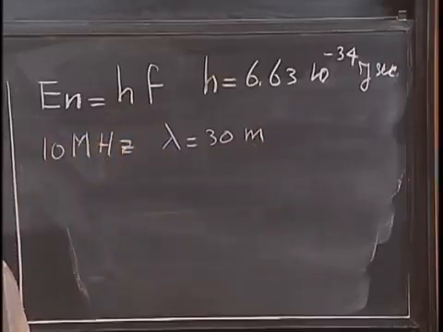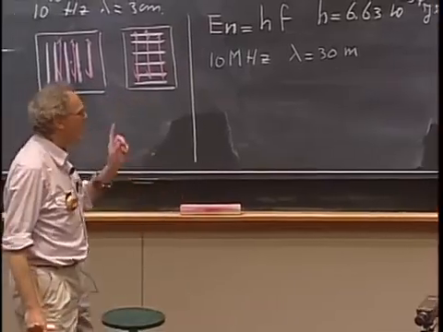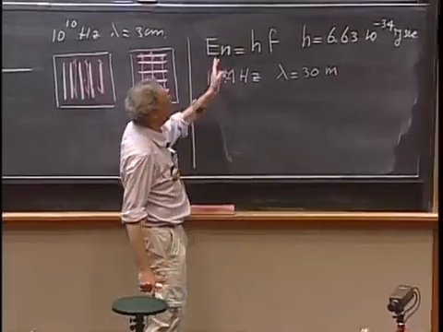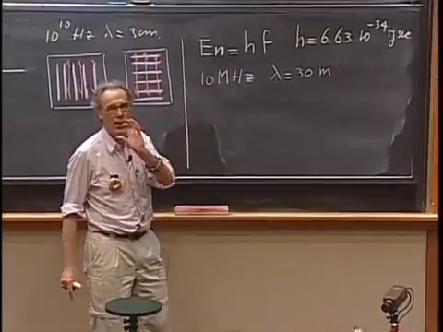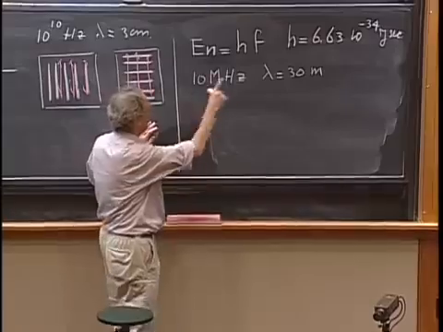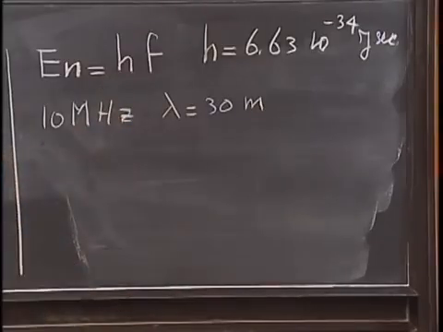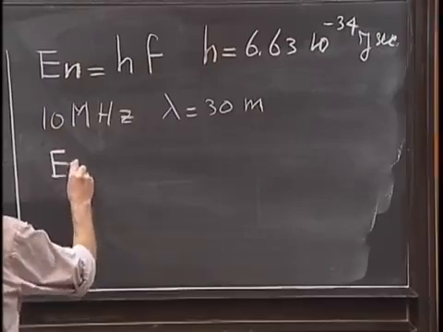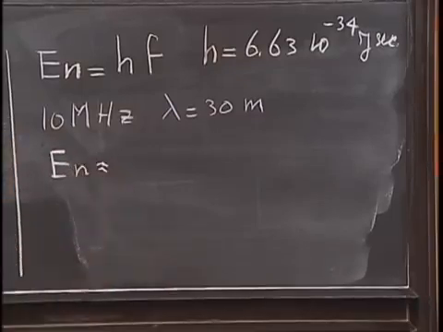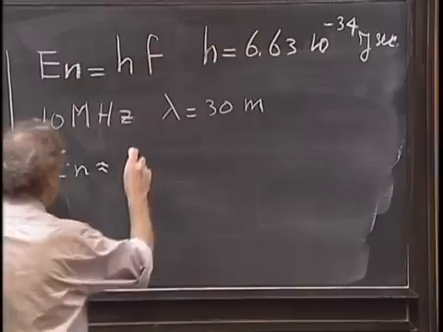One photon contains energy, and each radio photon with this frequency has exactly the same energy. It's a quantized amount of energy. And if you substitute for this frequency and multiply it by h, then you get that the energy is about 6.6 times 10 to the minus